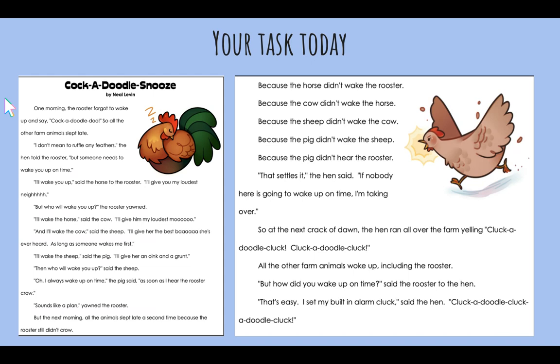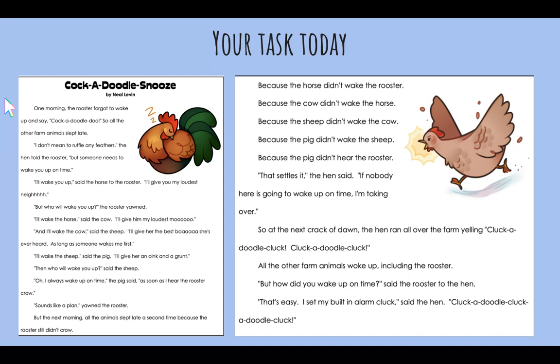Okay, so we've got some animals here who depend on their friend Rooster to get them up with his cock-a-doodle-doo that they do at the crack of dawn. And he doesn't wake up, right? And so then he can't do it. And then none of the animals are able to wake up because they are used to responding, okay, to the rooster's cock-a-doodle-doo, and that wakes them up. And then everybody starts, well, I'll pitch in and help. You know, the horse said he was going to help wake the rooster, and then the cow said he was going to help wake the horse, and it was this big old chain, okay, but nobody did what they said they were going to do, and so then they slept late again.